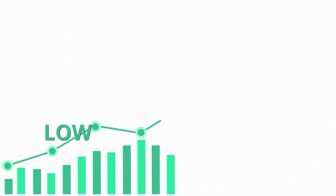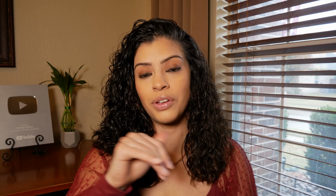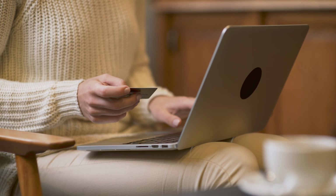The other thing that's kind of thrown around in our industry is, oh, your back end product or your upsell, you have to have a high back end. So traditionally it's like you have to sell low, then middle, and then high, but that's absolutely not true. You can definitely sell high first. Your back end can be your front end product or service. There's no reason why you can't sell a $10,000 product and service first, then sell your other products as a downsell. Okay, so your 10K program could be pitched and positioned first, and if they don't buy that, well, okay, cool, you have a 2K course or something lower that they could buy in your